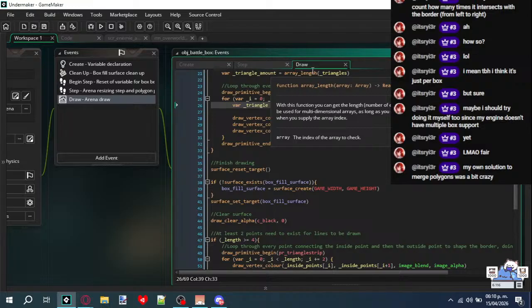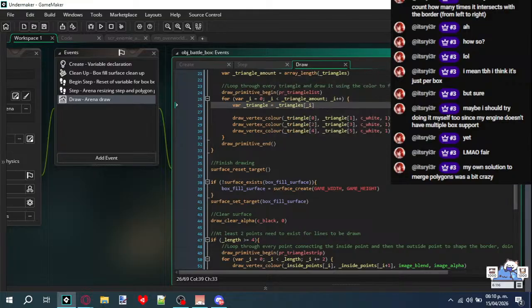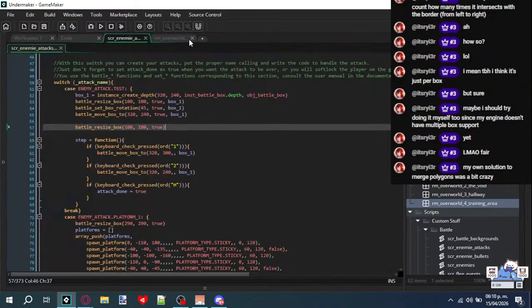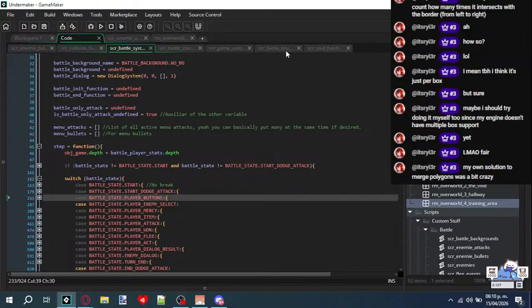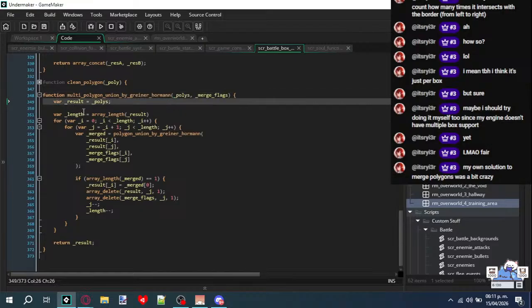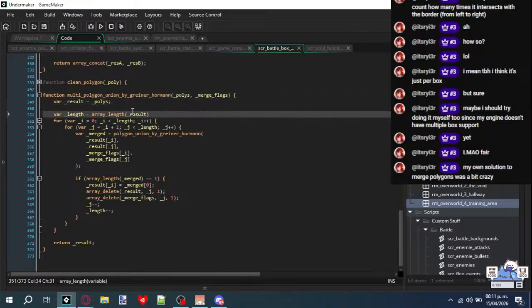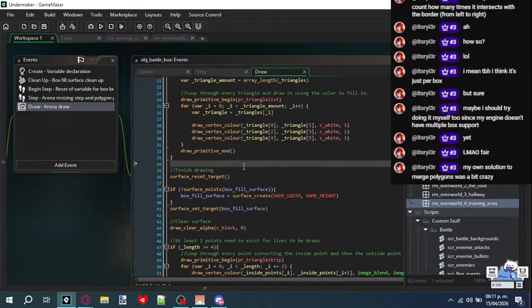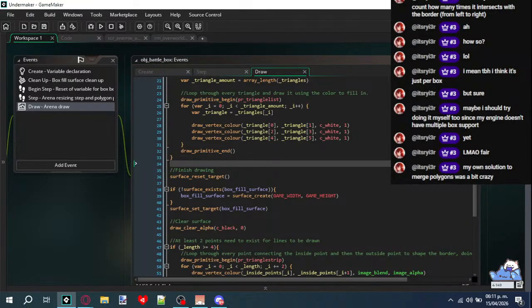My own solution to merge polygons was a bit crazy. Tell me about it. What did you do? I used a light version of the Greiner-Hormann algorithm for polygon operations, Boolean polygons, but I just took the union part. The union, the union, I cannot pronounce that correctly apparently. Anyways,